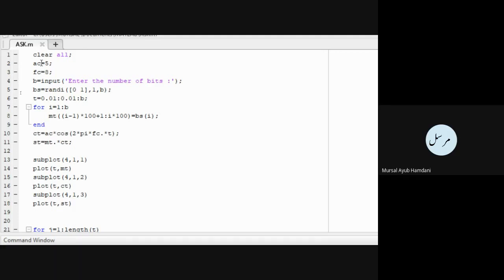Now the third thing that I'm doing is I am asking the user to enter the number of bits. Okay, what is this, enter the number of bits? It is actually in the digital sequence how many bits we have. Like for example, if we have